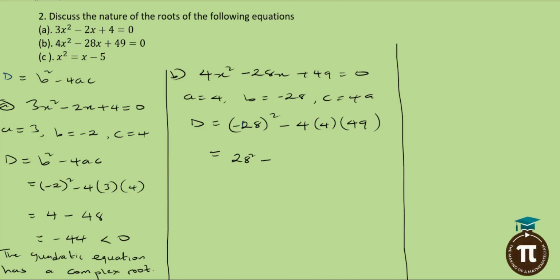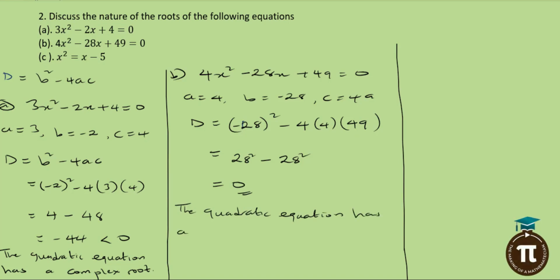Oh, this is the same thing as 28 squared as well, because 4 times 7 is 28, 4 times 7 is 28, and it's 28 squared. So this will actually give me 0. You can evaluate it very well: the square of 28 minus the square of 28. You will get 0 as your final answer. So the quadratic equation